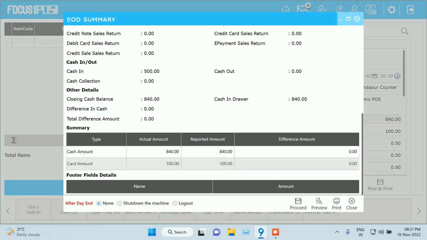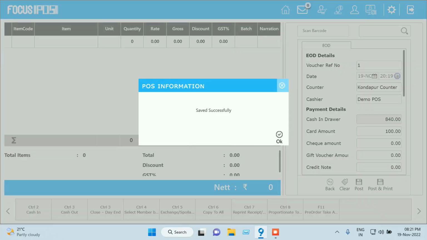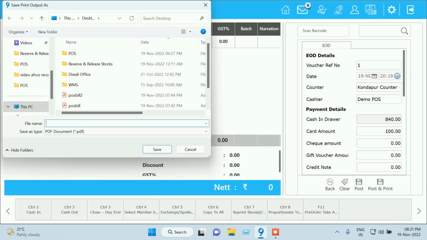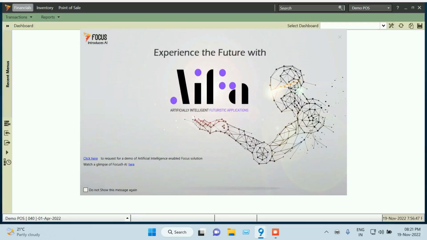Now here you have some options after day end. What it has to do: shut down the machine or log out. I'm just selecting none. If you want, you can even select this. Okay, I'll just proceed. Now it is saved. Okay, now after this saving is done, I can get the day end summary also, which I need to give to my manager. Okay, once this is done,